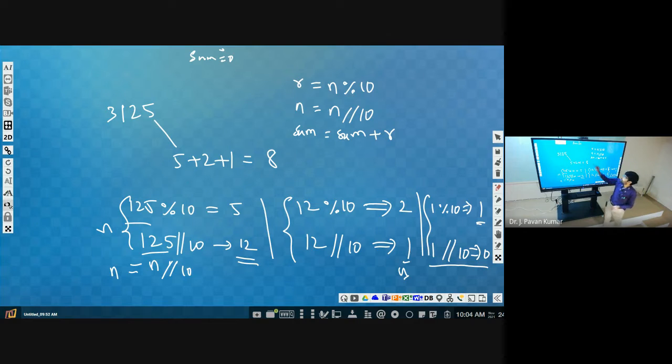So what is the statement? This we have to put in a loop. Why? Because we have to repeat. So while, what's the condition? n greater than 0, we have to repeat these 3 steps. When this condition fails, whenever n becomes 0, then we can print here sum. Print sum.